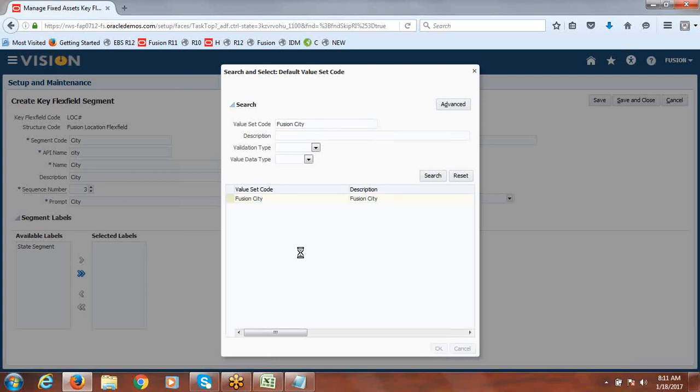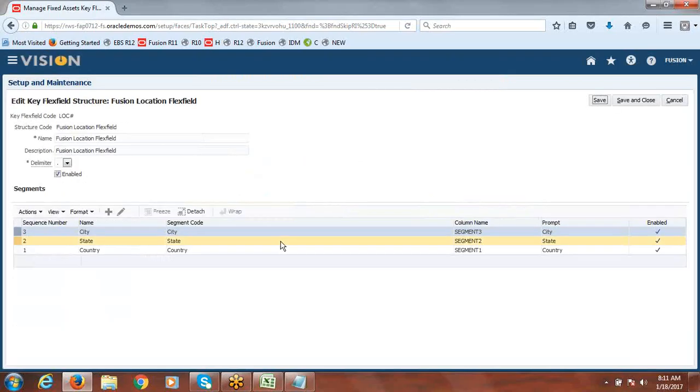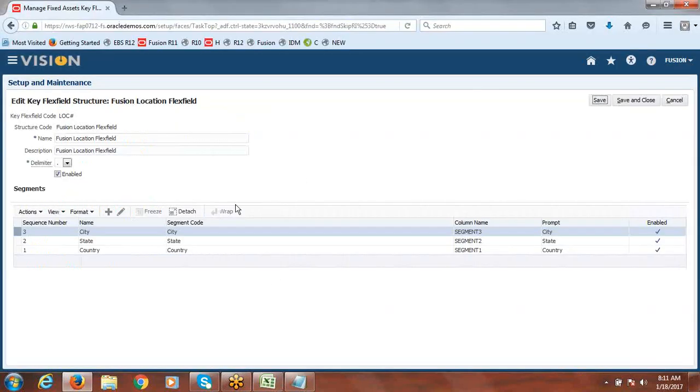Visual city. Value set name. Then say save and close. Done. Now we created structure. Now we have to create the structure instance. So I'll say save and close.